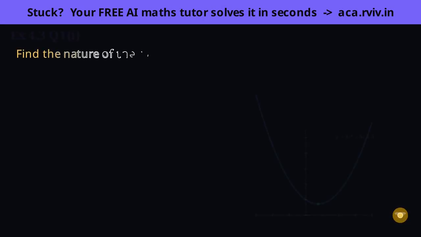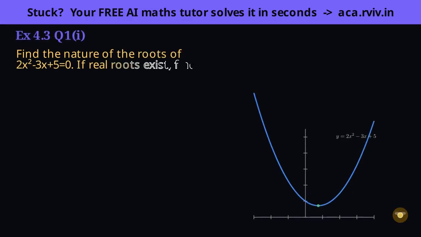The discriminant answers how many roots first. Now we enter exercise 4.3, all about the discriminant. The question asks for the nature of the roots, and only if real roots exist do we find them, so the discriminant b squared minus 4ac leads, because its sign settles the nature before any solving. Read off a, b and c: a is 2, b is minus 3, c is 5.